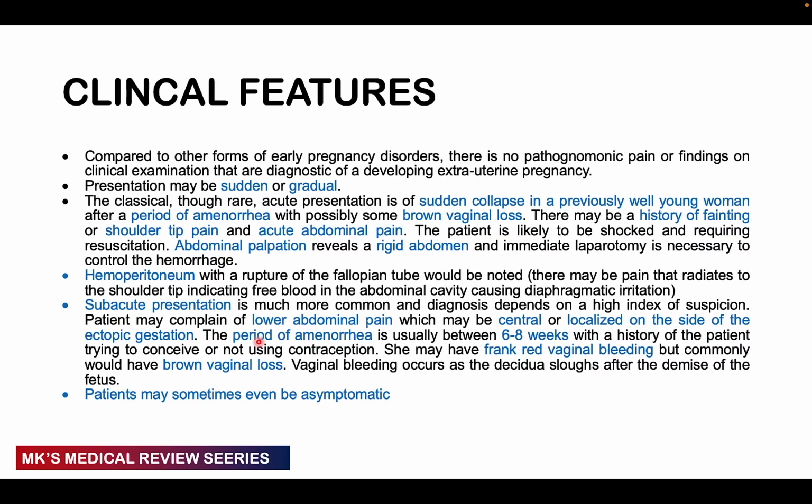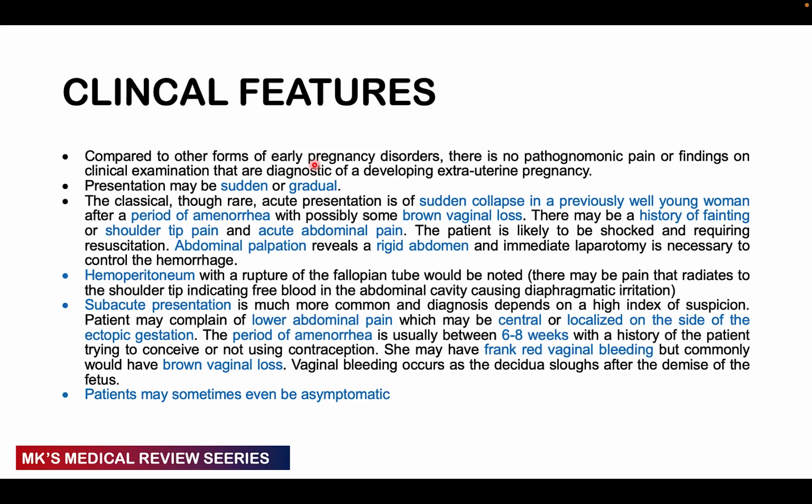What are some of the clinical features that we see? Compared to other forms of the early pregnancy disorders, there is actually no pathognomonic sign, so you have to have a high index of suspicion to pick out an ectopic pregnancy. What we say is that any woman of reproductive age that presents to the hospital is deemed pregnant until proven otherwise. The presentation may be sudden or gradual, but classically,